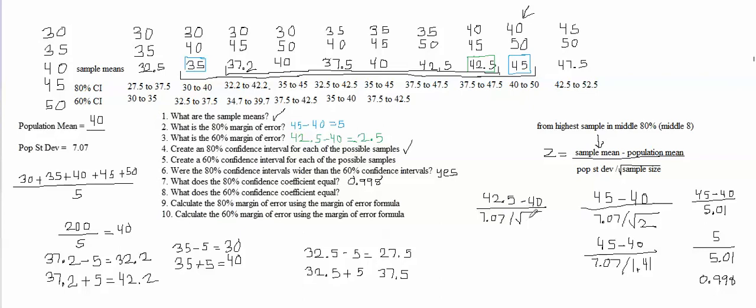The bottom of the fraction will still come out to 5.01 because nothing has changed on the bottom of the fraction. So you could just skip straight to 5.01. Just put 42.5 minus 40 over 5.01. When you subtract 40 from 42.5, you get 2.5 over 5.01,